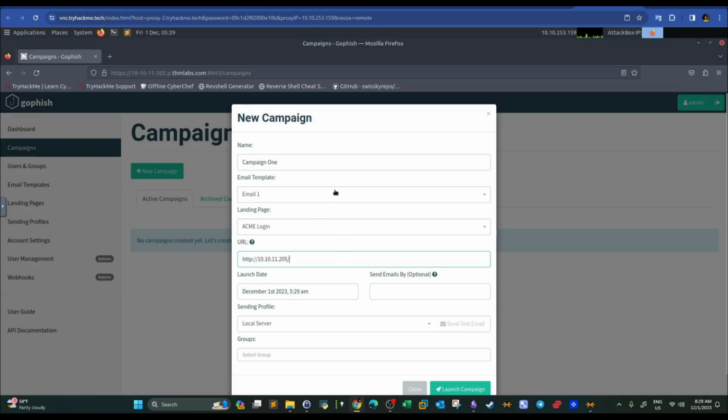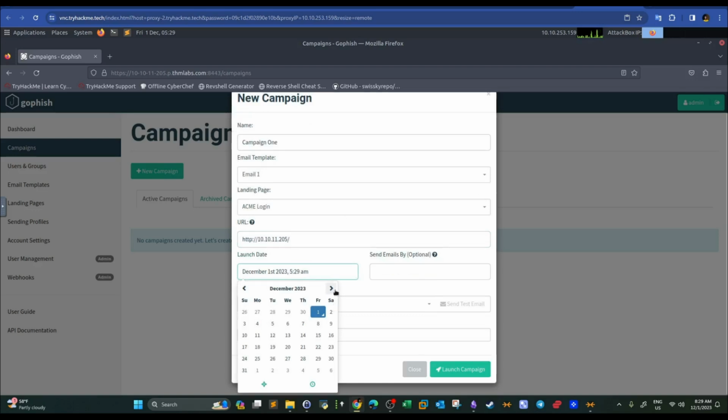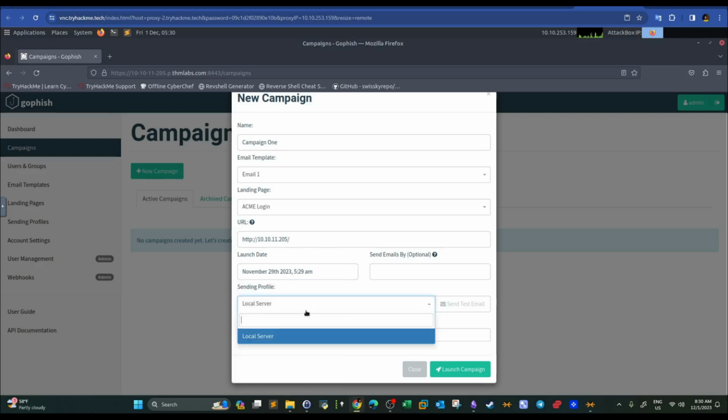So this is the URL of the server, and here we're gonna set this to 2 days before. These settings are related to the room, they don't need to reflect a real scenario. So you're gonna select 29. Sending profile is local server. The groups is targets, and lastly we're gonna launch the campaign.